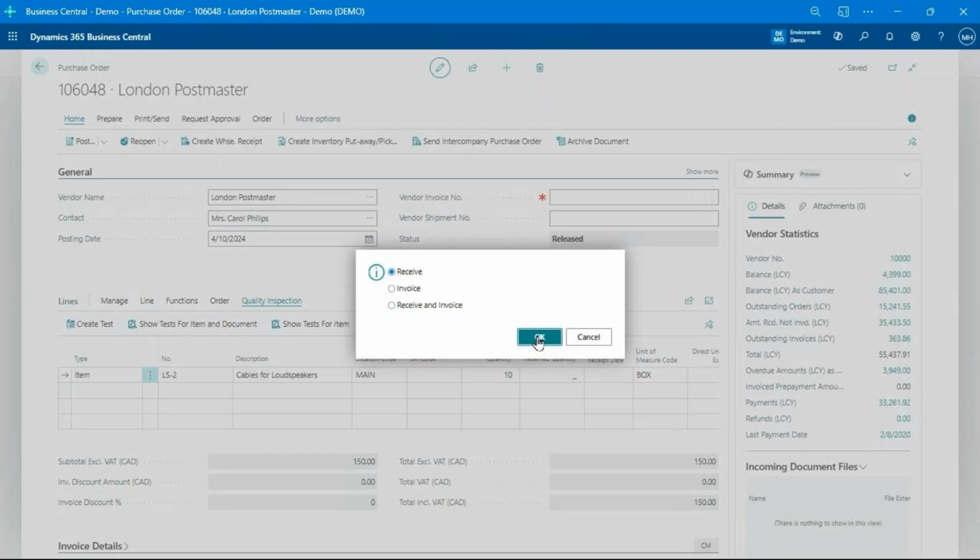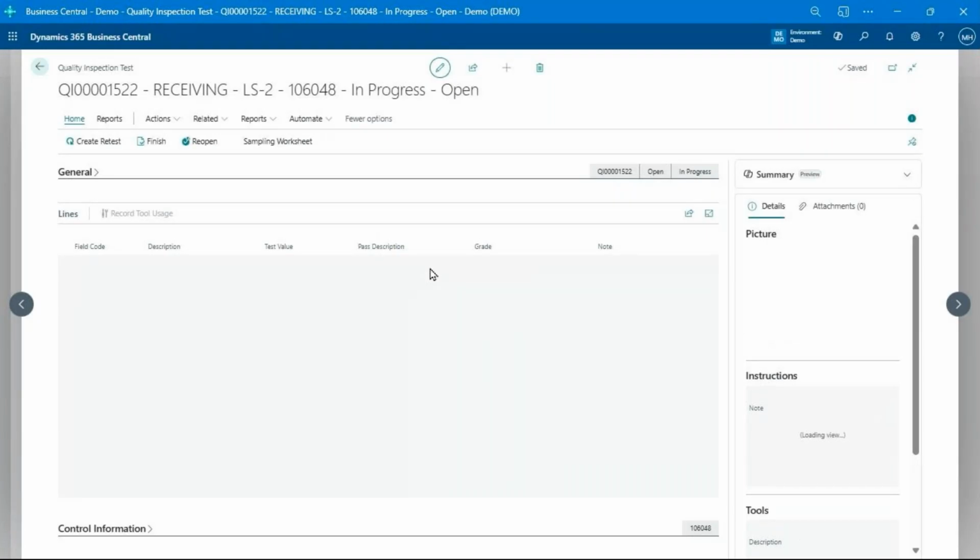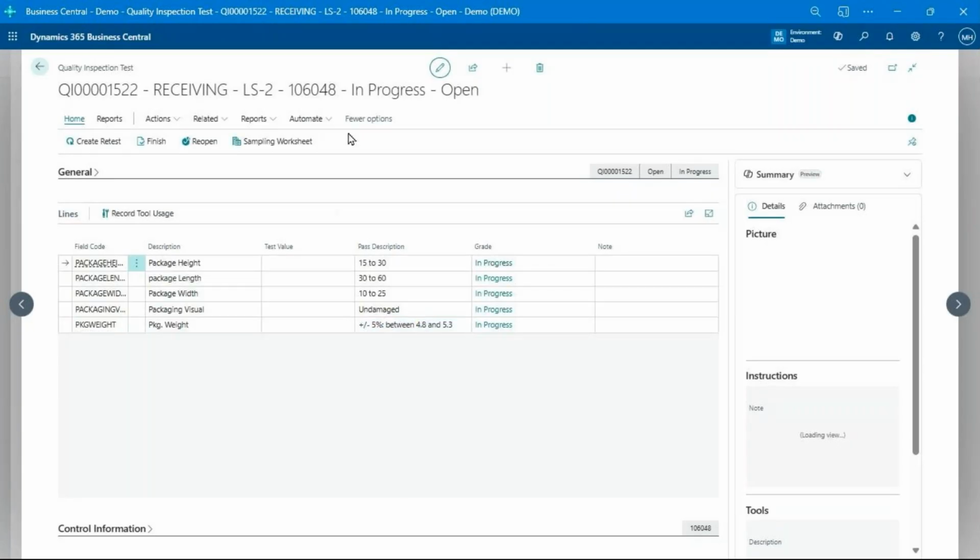And I also had a setting, I don't think I mentioned it on the setup, that will automatically pop up and show me the test. Now, you normally don't have that turned on. It's great for demos, but the person doing the receiving in the PO probably doesn't want to see the test. But this is the test that it generated for us automatically. Okay, and here again, I can come in and enter all my values, whether they pass or fail,